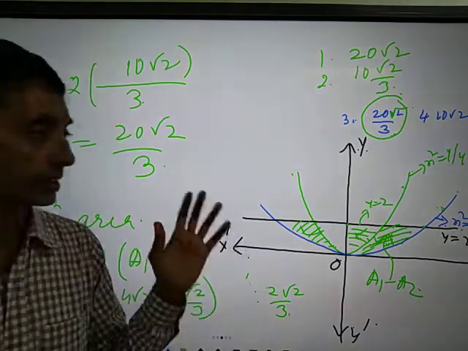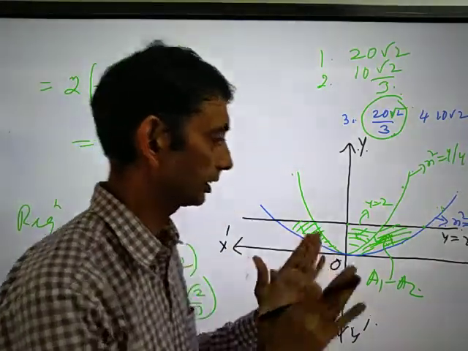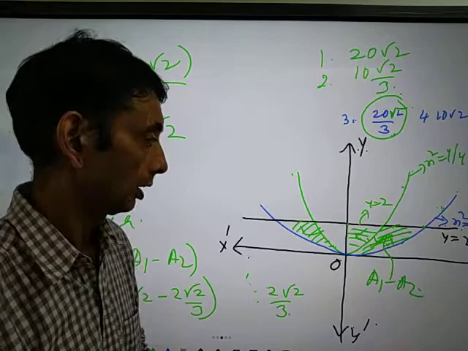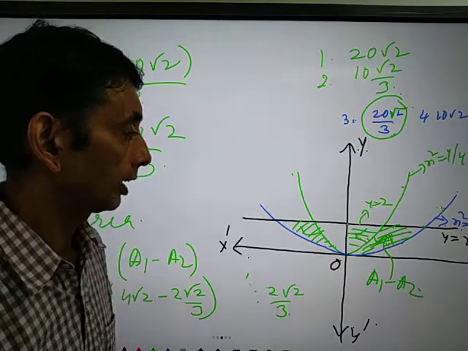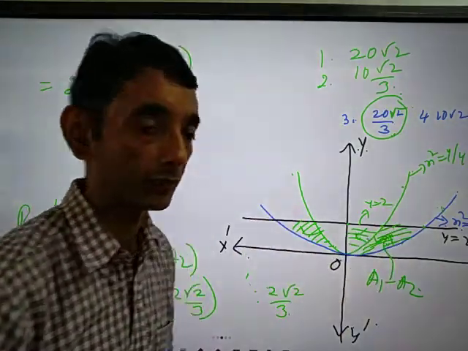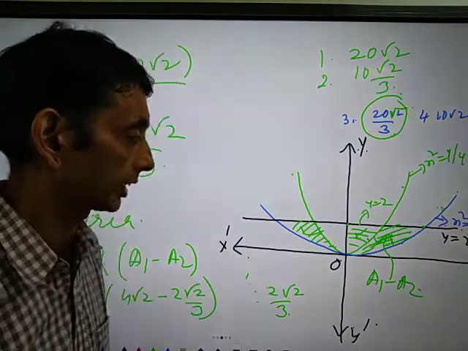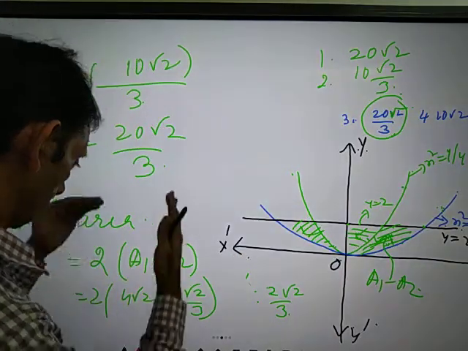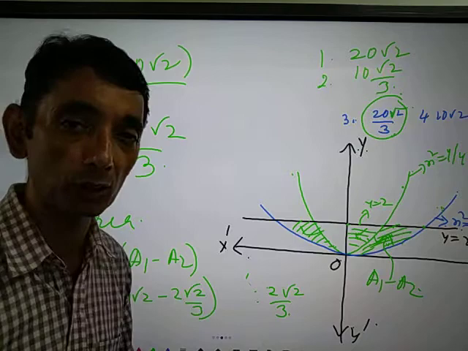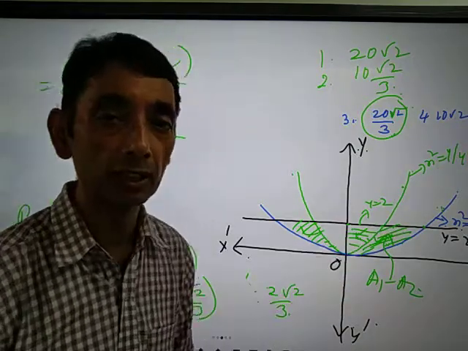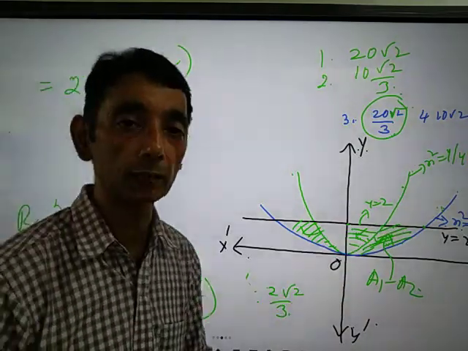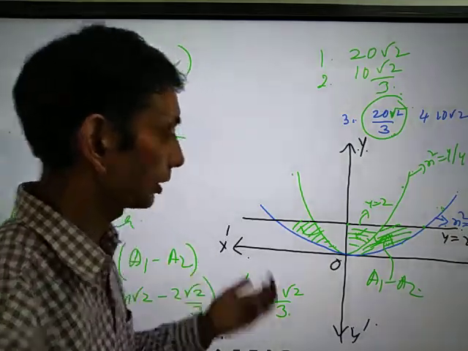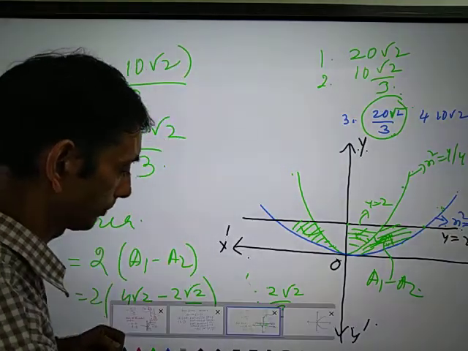So you have seen that these questions are not at all difficult. Only thing is that you should correctly draw the graph and start finding out quickly. So this way, I think you will find it comfortable finding the area separately. It's up to you, what way you feel comfortable. Just accordingly, please solve the sum. So next,